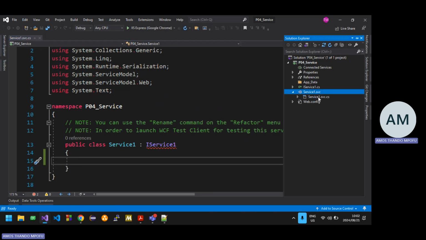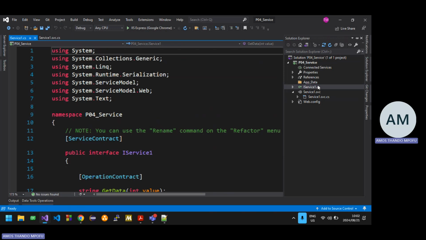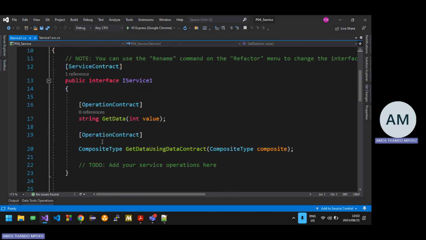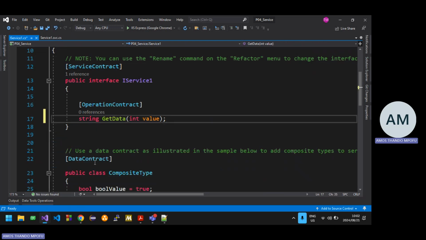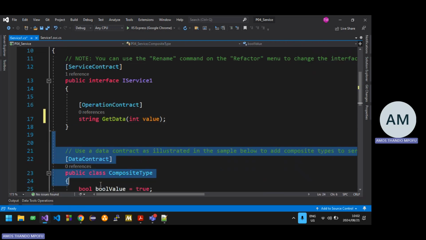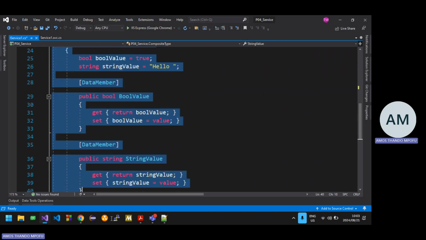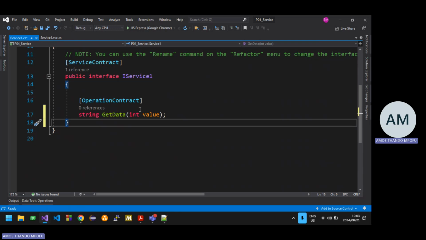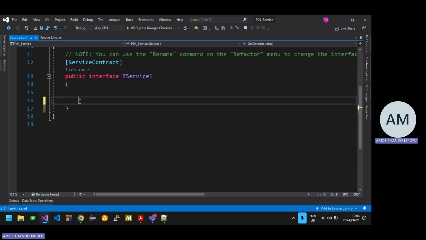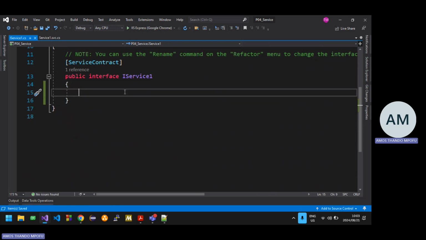Where is it? Oh, it's this one. IService1.cs. CS stands for C sharp. And then I need to do this. Then scroll down there. There we go. Also, this I won't need, so I'm just going to remove that. It's empty for now. We'll create